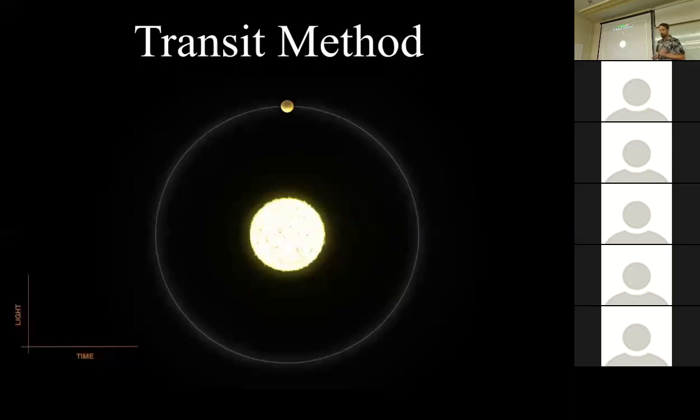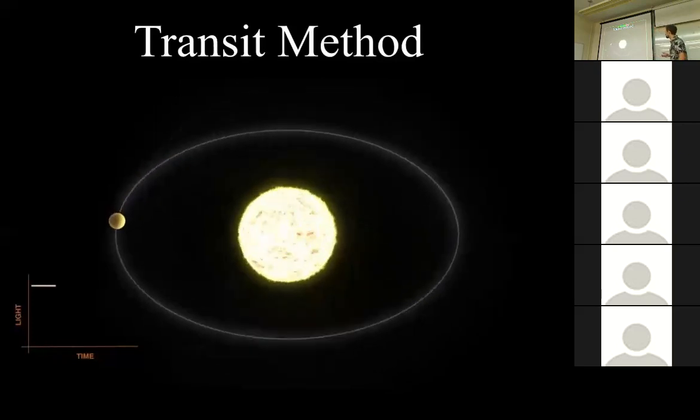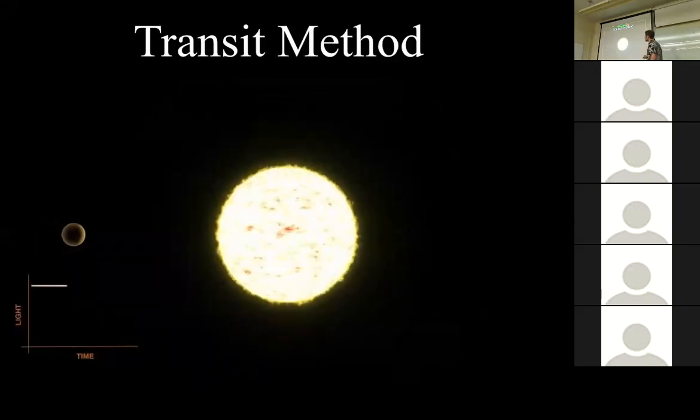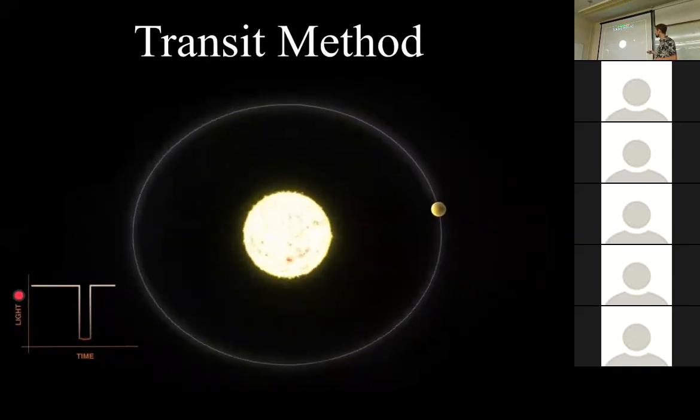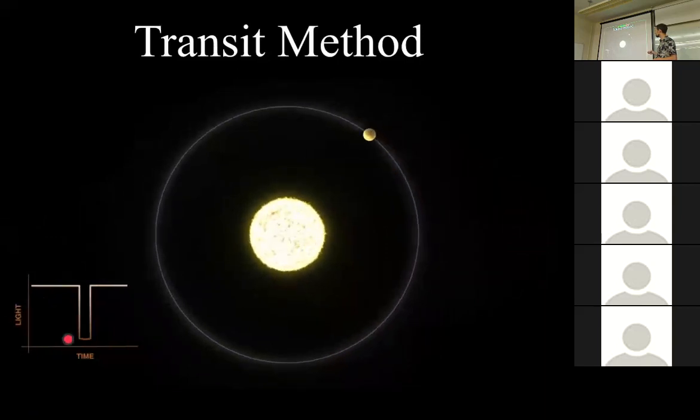The second method is the transit method. That's in fact the method that we'll be mostly talking about, and it is the one employed by Kepler to detect exoplanets. It's quite straightforward. You observe a star, and if the geometry is right and the planet crosses in front of the stellar disk, as you measure the brightness as a function of time, you will observe a dip in your light curve because of the light that is being blocked. This dip will repeat itself every orbital period, and hence you can measure the orbital period of an exoplanet.